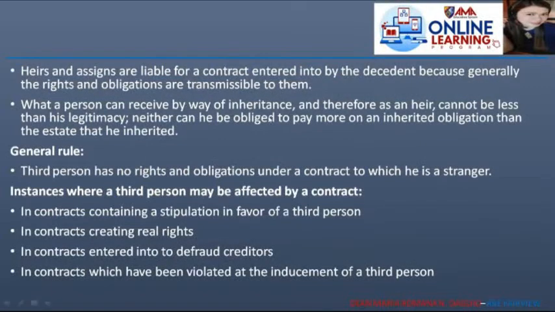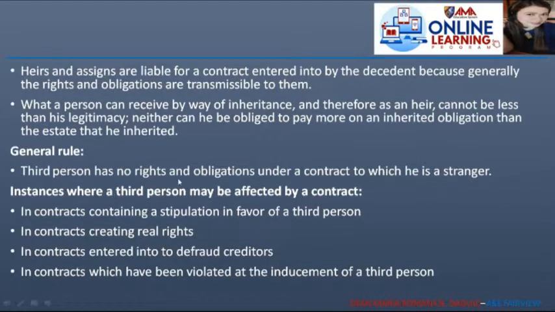Heirs and assigns are liable for a contract entered into by the decedent because generally the rights and obligations are transmissible to them. Na ipamamana class, hindi lang yung rights, pati obligasyon. So what a person can receive by way of inheritance and therefore as an heir cannot be less than his legitimacy. So kailangan ma-receive niya kung anong dapat talaga para sa kanya, what is due for him or her. Neither can he be obliged to pay more on an inherited obligation than the estate that he inherited. Hindi siya pwedeng magbayad, maging obligado sa higit pa ng kanyang minana. Okay? So, general rule,